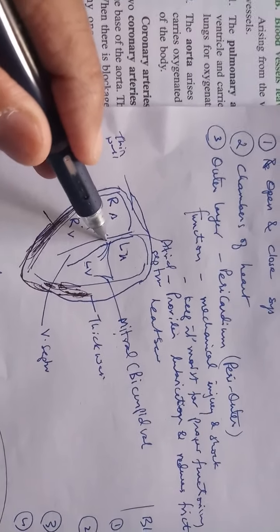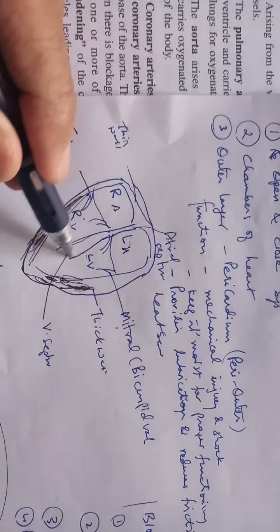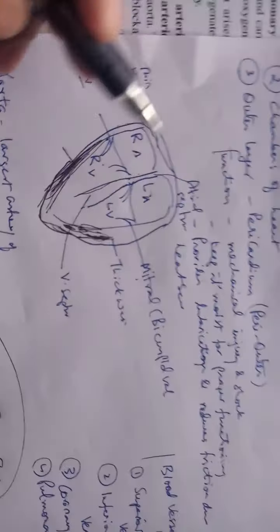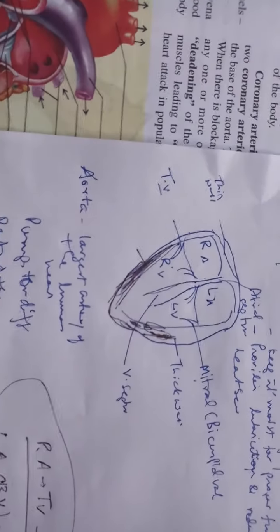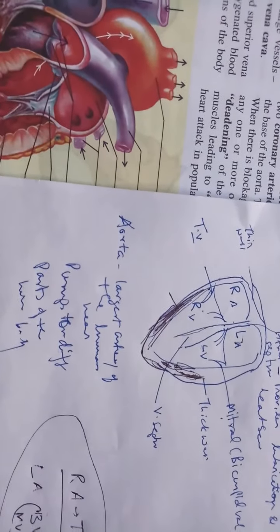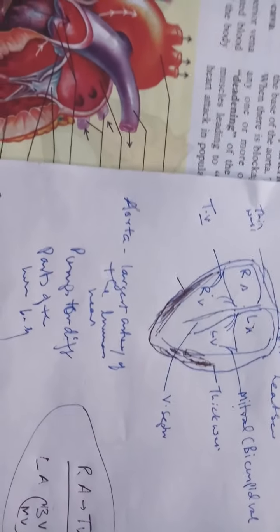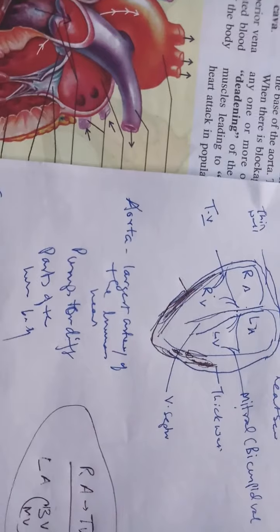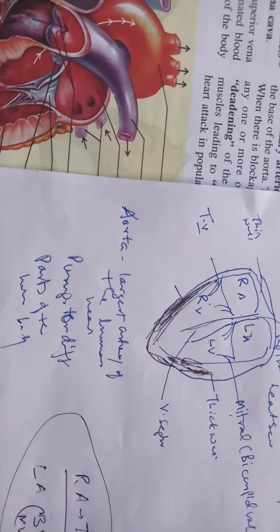In between the left and right parts of the heart, you can see a septum. You can see this muscular part, which we call the septum. Again, in this septum is a kind of valve. Generally, we have a septum in the nose also. We have two nostrils in the nose, and between them we have a septum, right? You know very well about this.